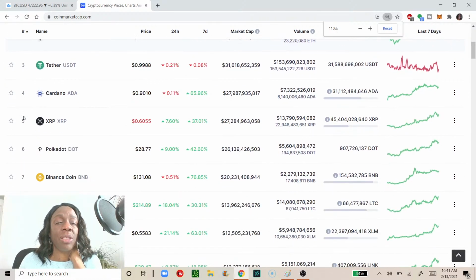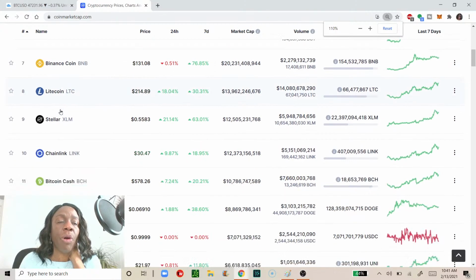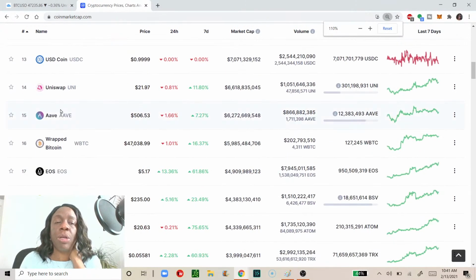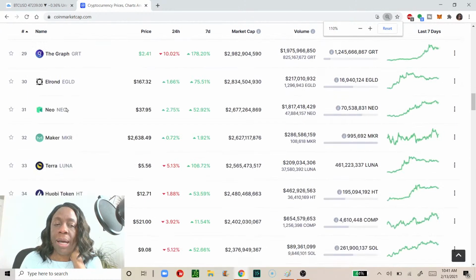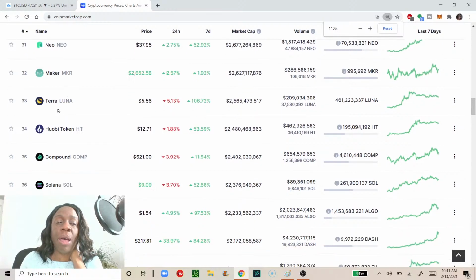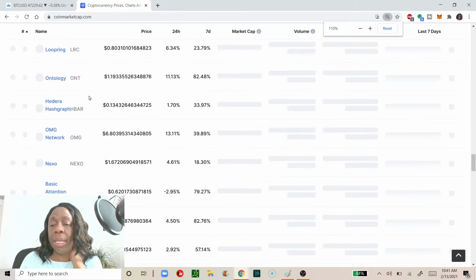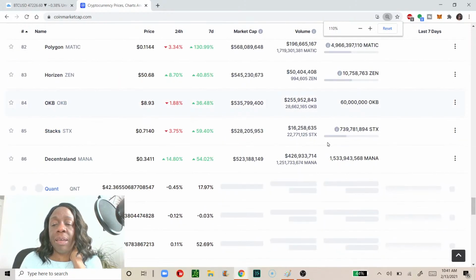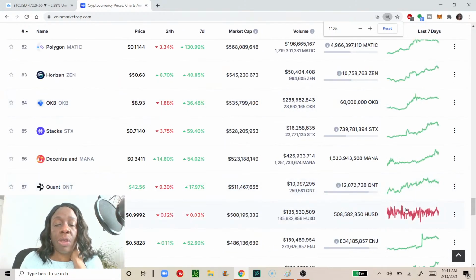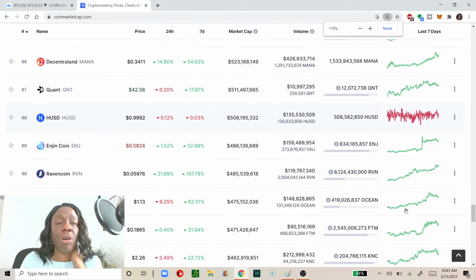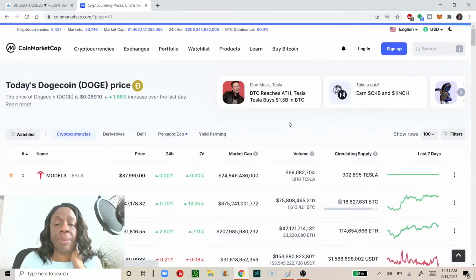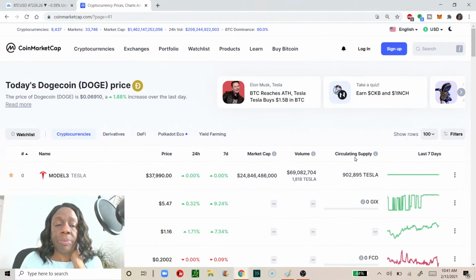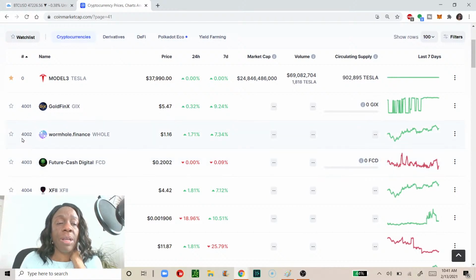And so you're looking at these coins, and as you go down, you see the more reliable coins, the coins that are more dependable, will be ranked higher. Now if we keep going, I don't know how many coins are here, 5,000 plus. So if somebody calls out a coin and you go on CoinMarketCap and that coin is ranked, let's see. Okay, guys, look at this. That coin is ranked 4,002.